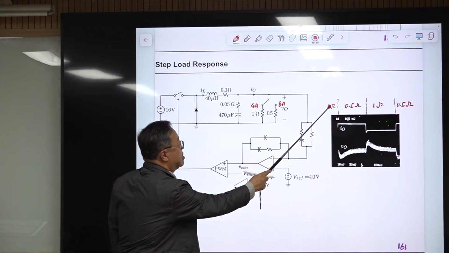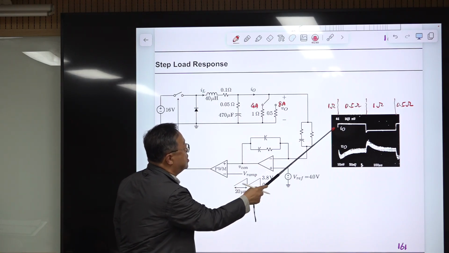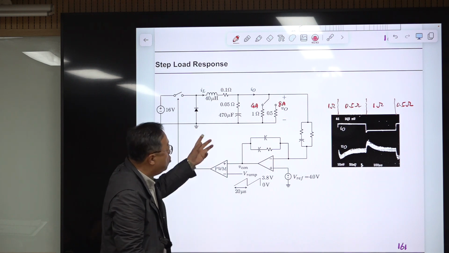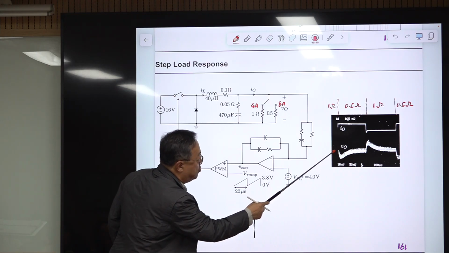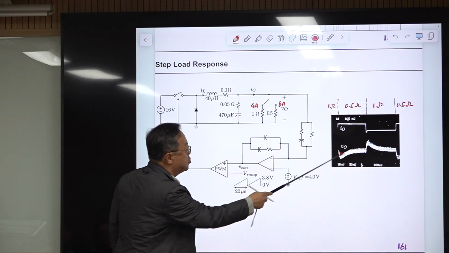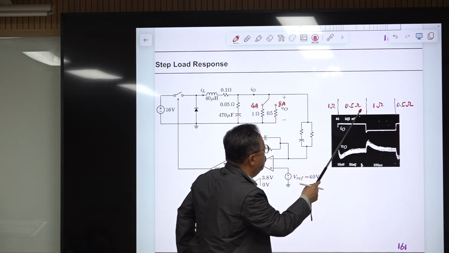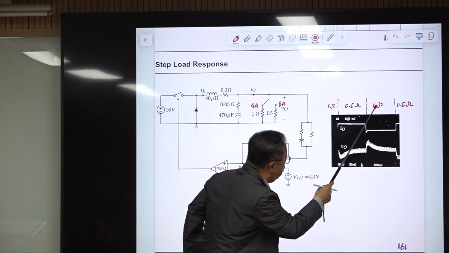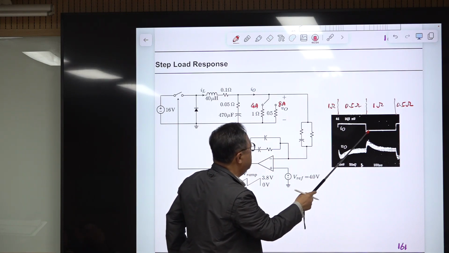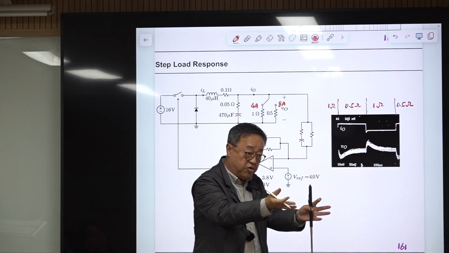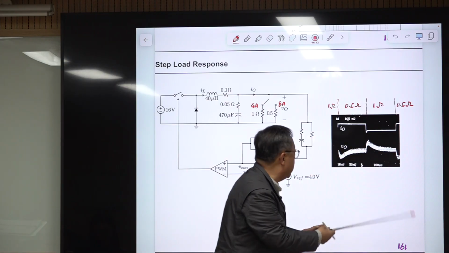When this load resistance is smaller, then this current is increasing. When current is increasing, the load is extracting a larger current, then our voltage will temporarily go down. Okay, so the undershoot is here, and load current is increased. Load resistance is increased twice, then load current will be decreased by half. Okay, then the extracting current is suddenly reduced, then our voltage will go up temporarily and come back to the